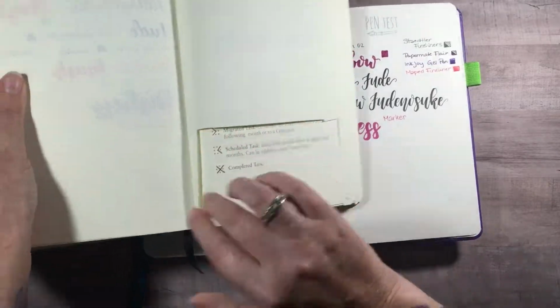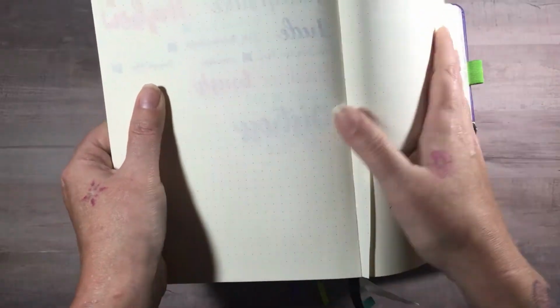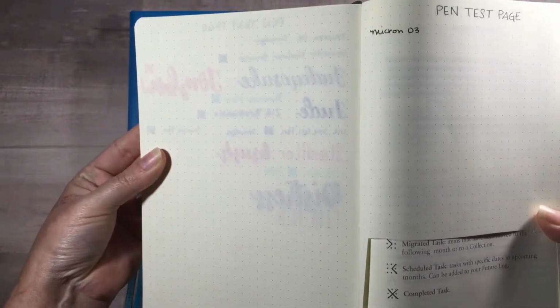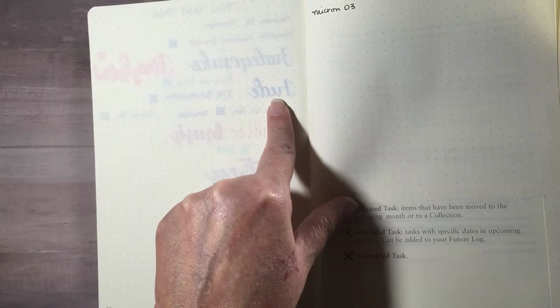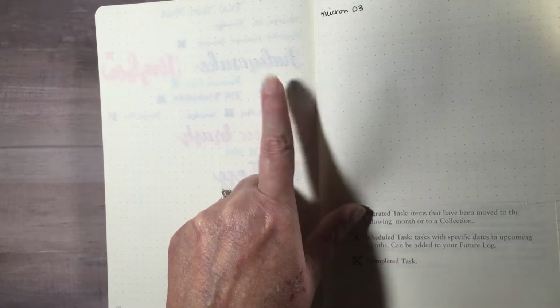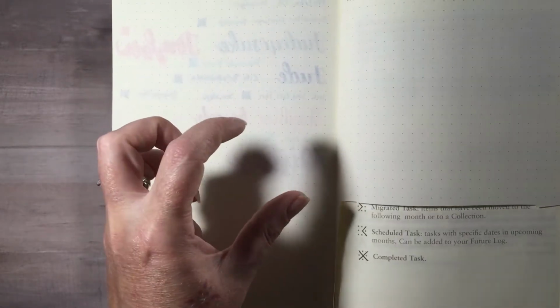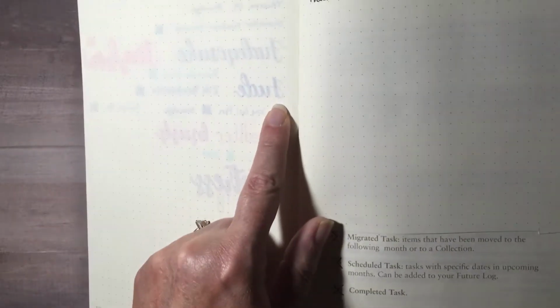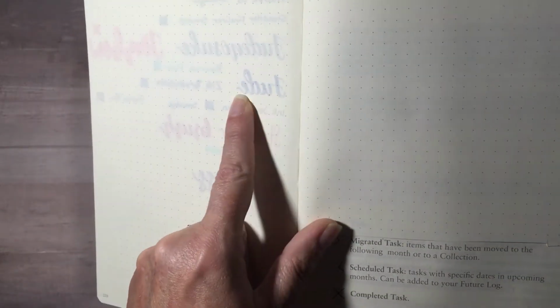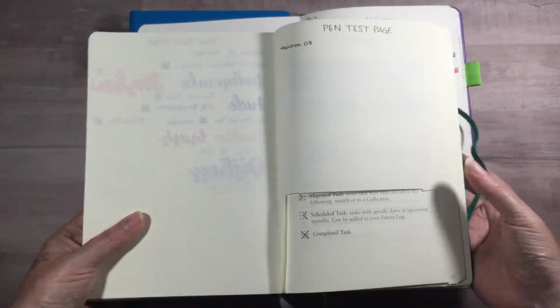So, ignore the fact that I have cut out part of this. But you're going to see a little ghosting, but bleeding through is not a problem with anything. Sometimes the felt tips tend to bleed through a little bit, but I push hard, and they are really saturated pens, so you can still see that it hasn't actually bled through this page. So that's the 80 GSM paper,